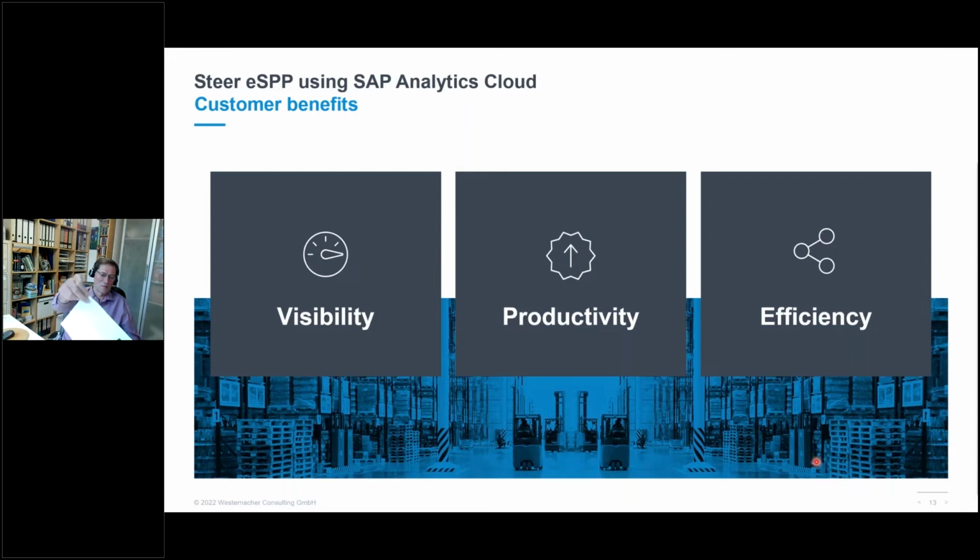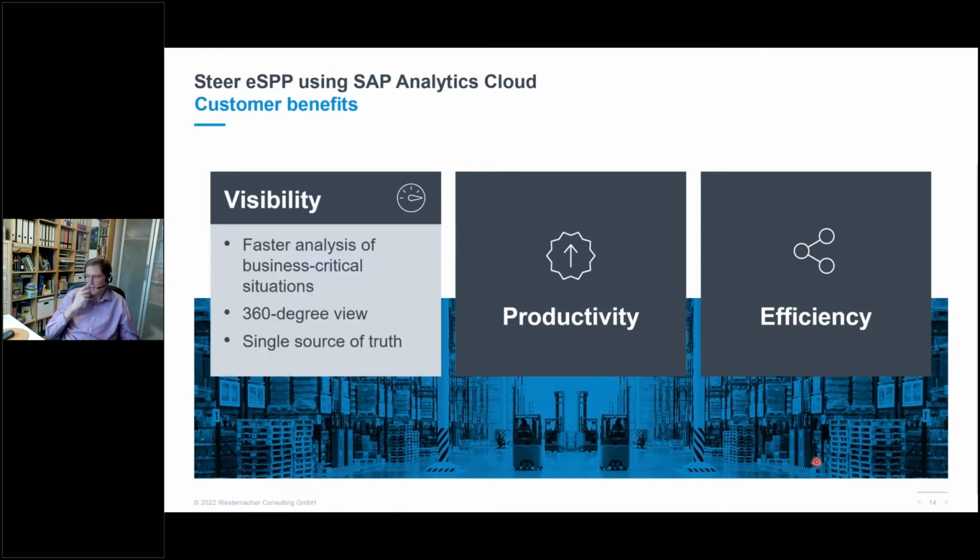And what does it really mean? Increasing visibility, for example, means that you have a fast analysis of your critical business situations. You can have a real-time connection and you see immediately what's going on. You can have a 360-degree view, so you have one topic and you can look at it from all different angles. Just an example, the eSPP system